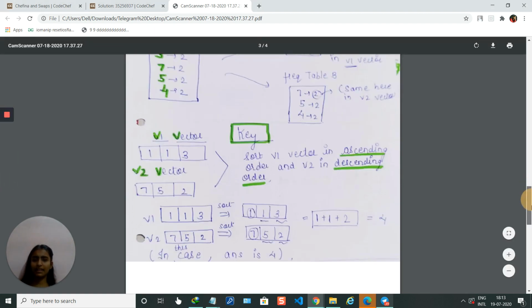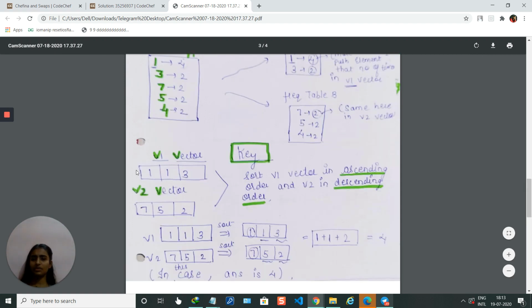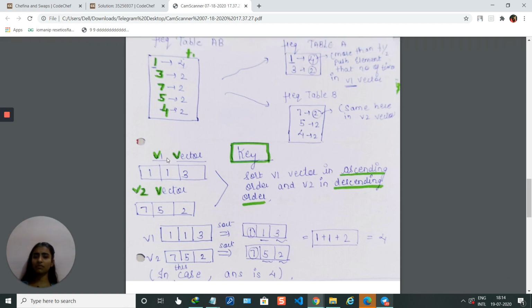So the main key is that I have made a v1 vector and a v2 vector. The v1 vector contains the elements which are extra in sequence 1, and the v2 vector contains the elements which are extra in sequence 2. So I have sorted the v1 vector in ascending order and v2 in descending order.